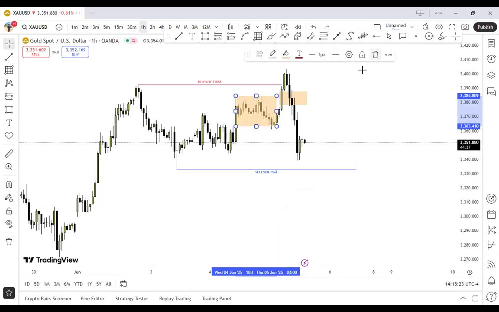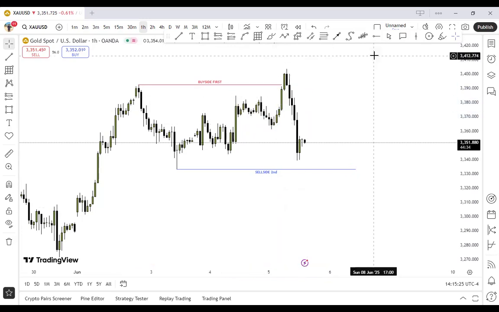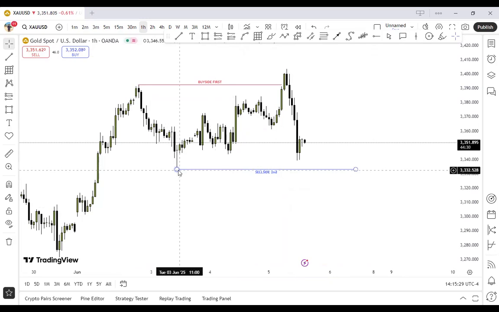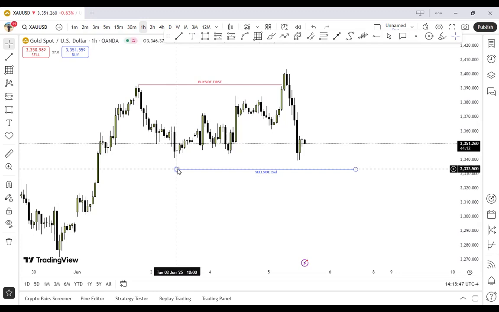So number one thing, guys, is you need to understand why price is looking for that low. So on the higher time frame, what is resting? What does this low make on our higher time frame? It's the daily fair value gap high. Exactly. So this is a daily fair value gap high. Chances of this low being taken are very, very high.